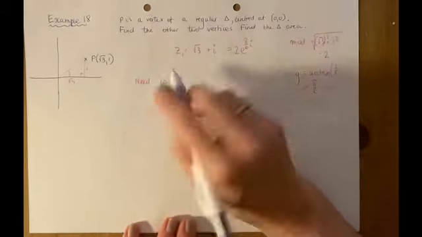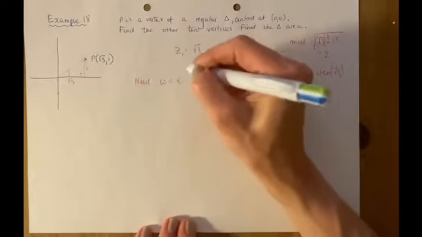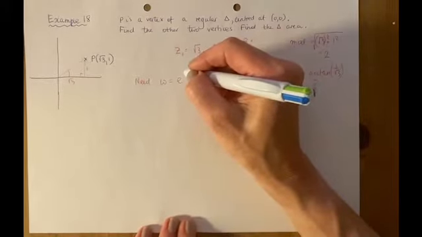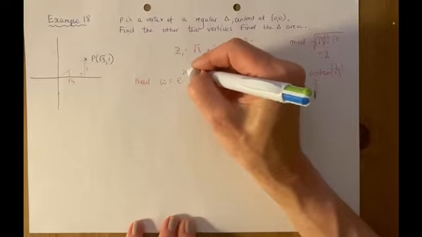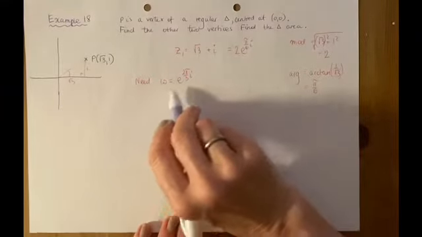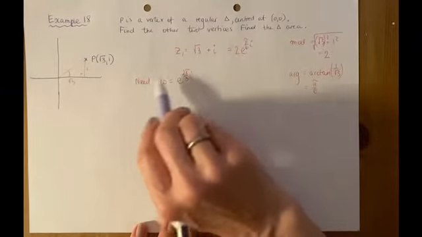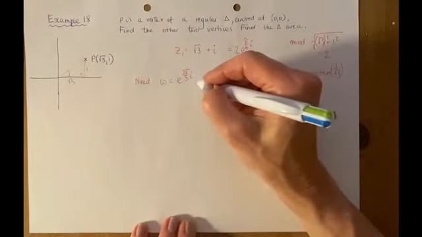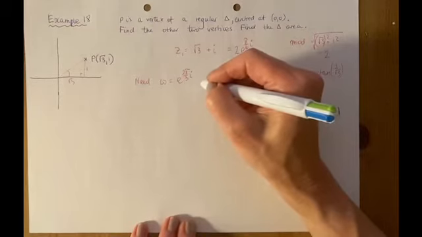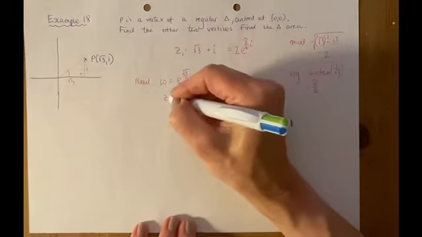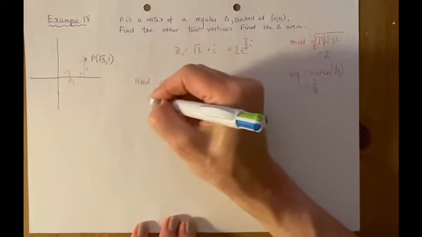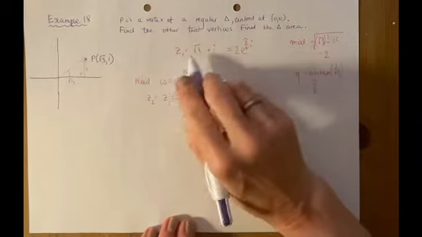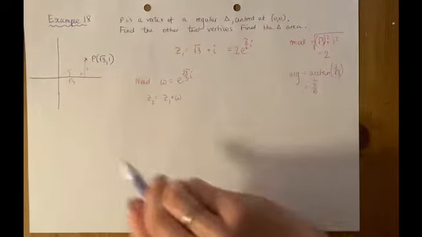And the omega is simply e to the power of, remember the formula, 2 pi over n, so it's 2 pi over 3 i. So this is the first one that's not on the real axis. So all I need to do is now do z1 times omega, and that will be my second complex number that will go to the second